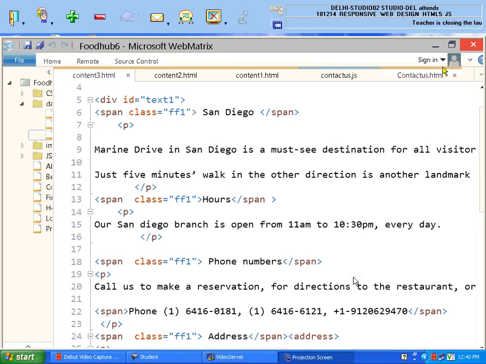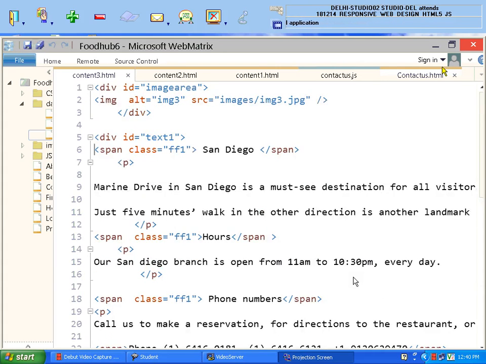There is one guy from Jalandhar. He is absent today. Sarfraz is not here.